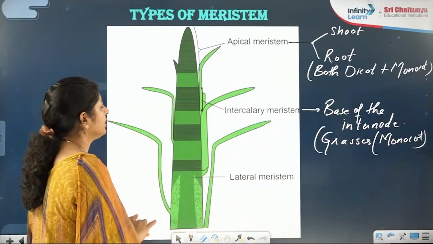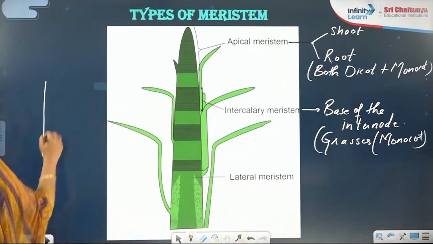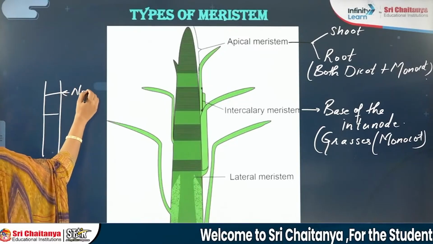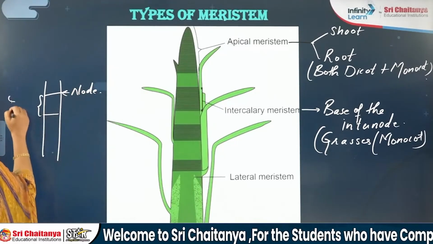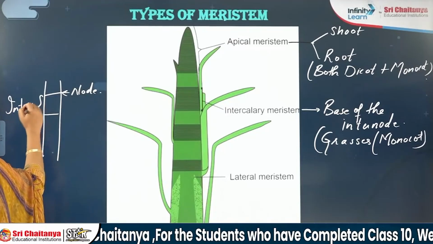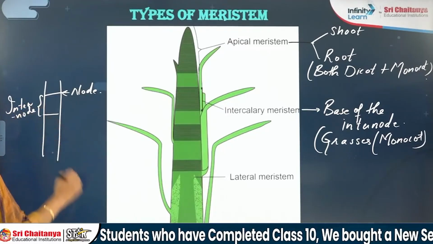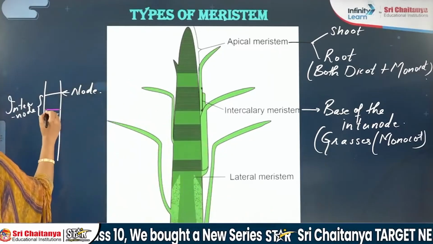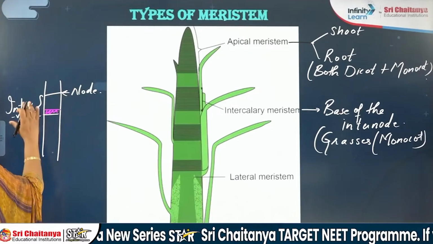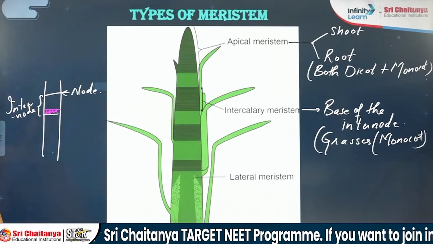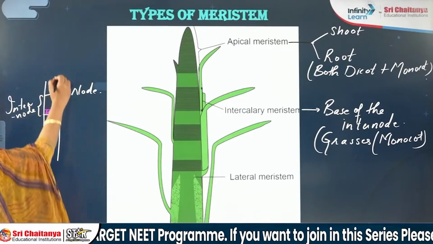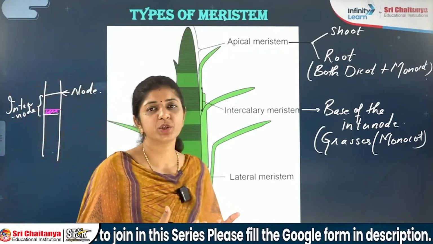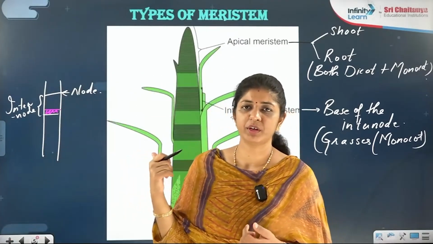right? So intercalary, you remember I said, if this is a stem here, these are the node parts, and what is this thing? Internode part, right? Usually the position of intercalary meristem is where? It is here. This is the internode, at the base of that. Usually we have this intercalary meristem, and if the tip is there, it has shoot apical meristem. So the type of meristem is based on the position. This diagram will help you there, right?